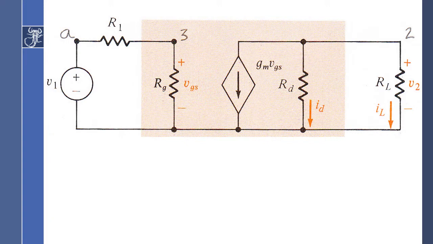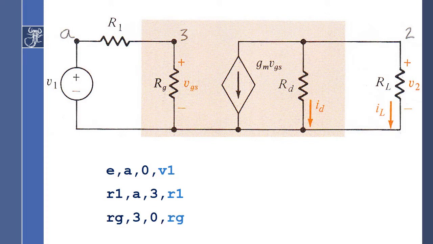Okay, so this is the circuit. You can see that I have labeled the nodes. The bottom node that is not labeled is the ground, so it's 0. And we have here some elements. This is how I describe them. The independent source between A and 0, I'm calling E, the value of V1, resistor 1 between A and 3, value of R1. And here we have the resistor